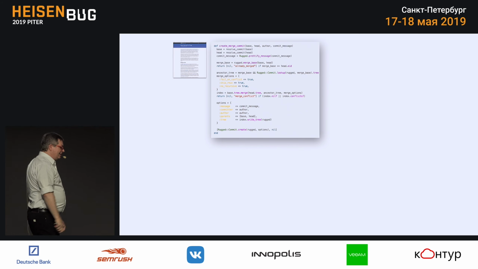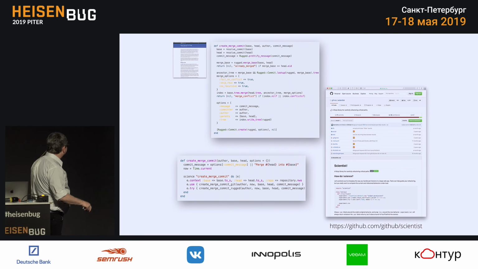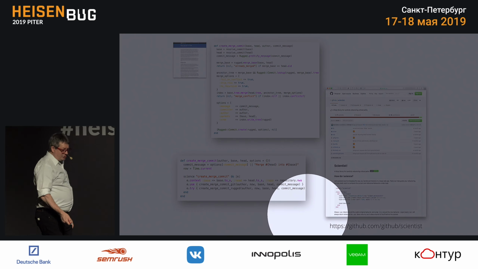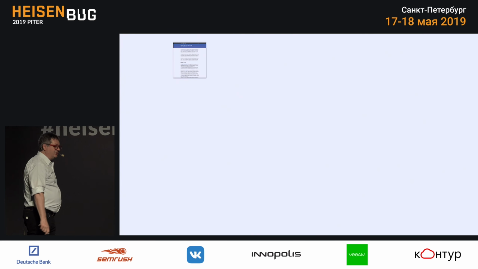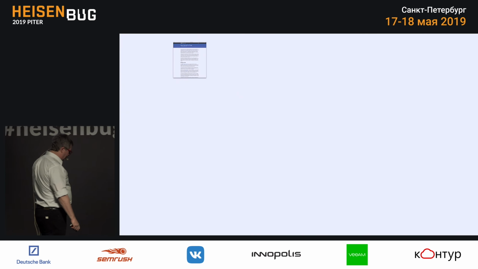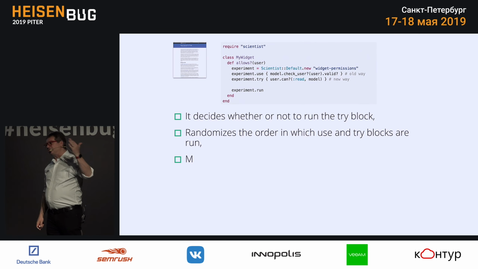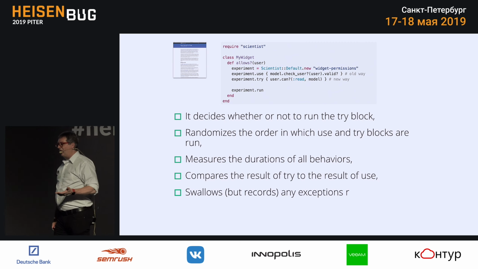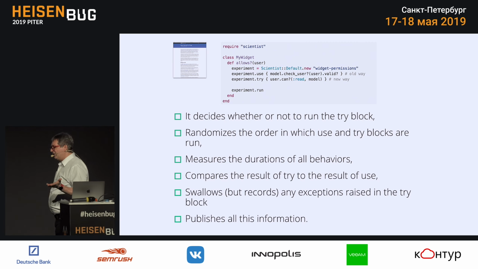The way they did it and open sourced it so you can take advantage of it is to create Scientist. And they've open sourced this to about a dozen other languages now. And what Scientist allows you to do is conduct experiments. So it has two blocks, a use block and a try block. The use block is the old stuff that we're currently replacing, and the try block is the brand new stuff